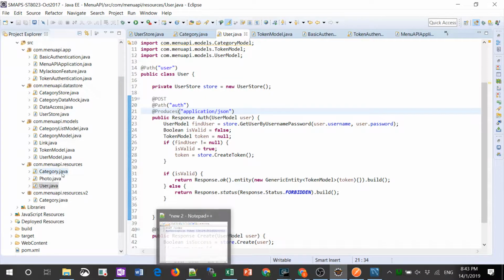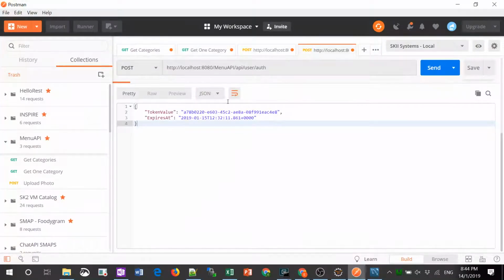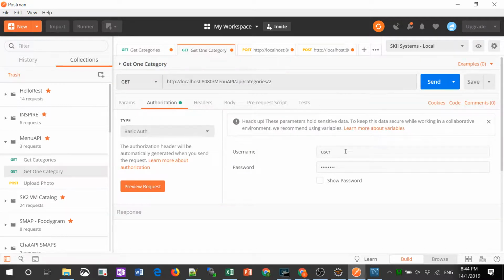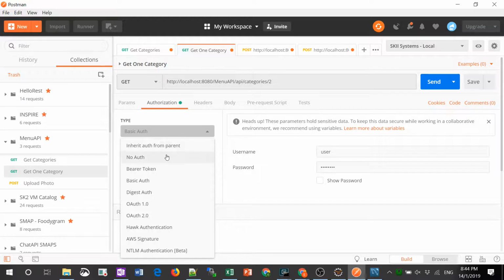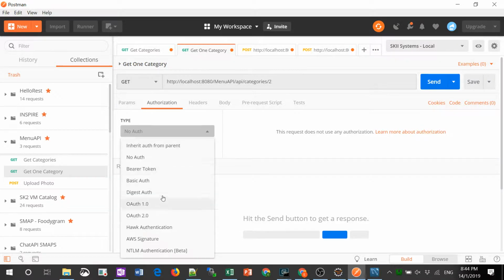Okay. So let's try with our category. Okay, so go to here. I'm gonna copy this token out. Go to my category. To get category will be basic authentication user, right? So now I'm gonna pick no auth. Okay, so no auth here basically. So when you choose a different authentication